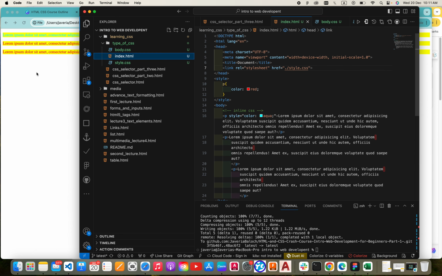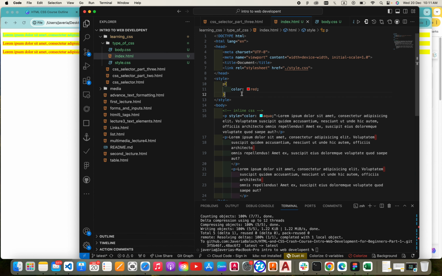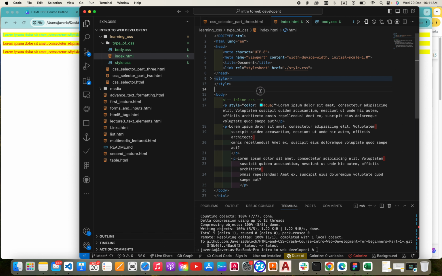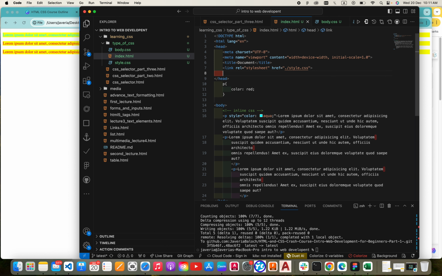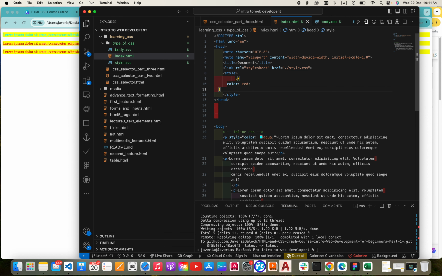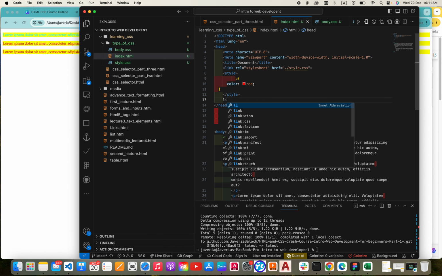And let's come back here, refresh. Now you have two choices. You can define it, but the internal CSS should not be here, it should be inside the head. And let's copy this, come here, paste it here, and now you have two choices for the body CSS, whether you want to type